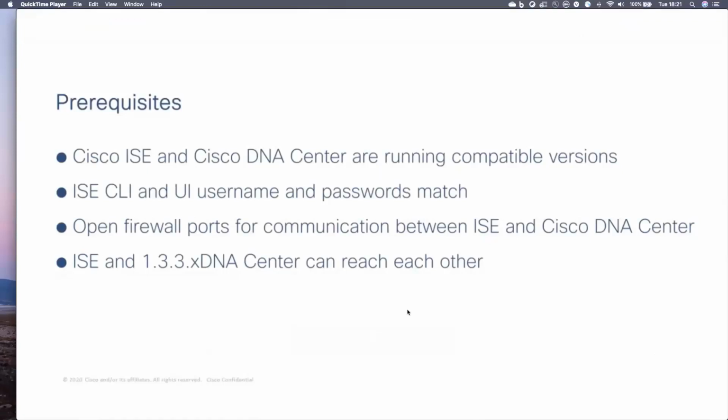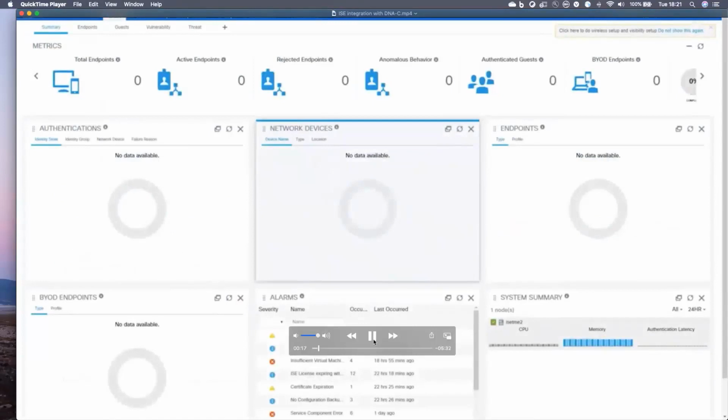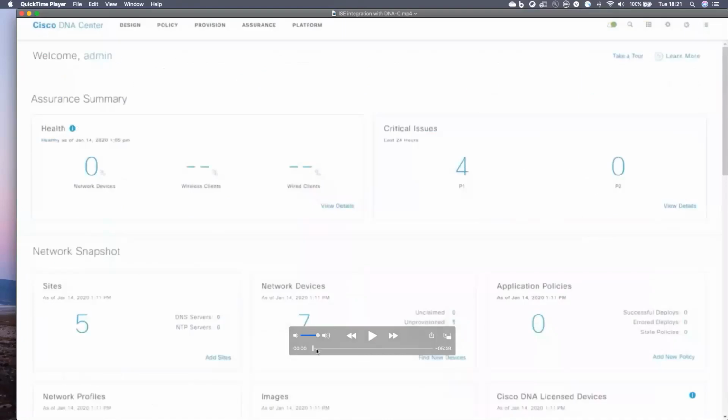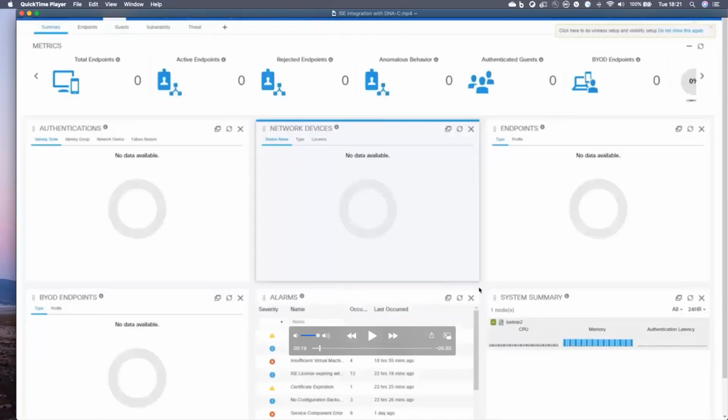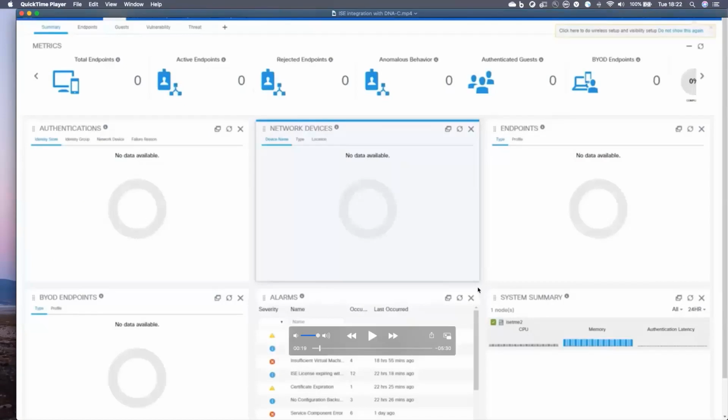To quickly talk about this demo, I will first be pivoting into the ISE GUI. So let me just move the video a bit. First things first, currently I'm on the ISE GUI, and at this point in time, the first initial step is to configure and have enabled the SSH service. Usually you can enable SSH when you're installing ISE on the setup, or you can at any time go to your CLI, in config mode, and issue the command